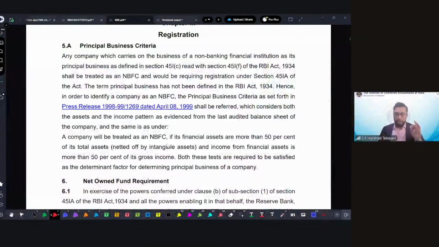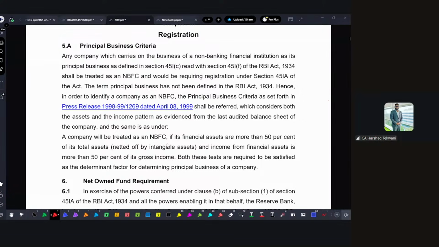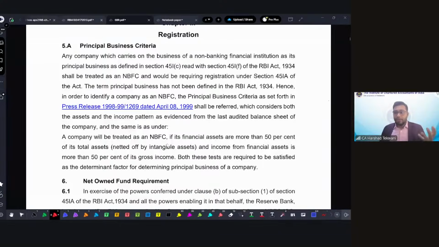Discussion on the scale-based regulation that we were doing. Before I proceed and before we deep dive more into the scale-based regulations, I want to discuss a few things about the reporting part so that we can understand what is the requirement for the reporting, why it is important, and what is the purpose of reporting. See, basically, all these things that we are understanding are necessary for the purpose of reporting,